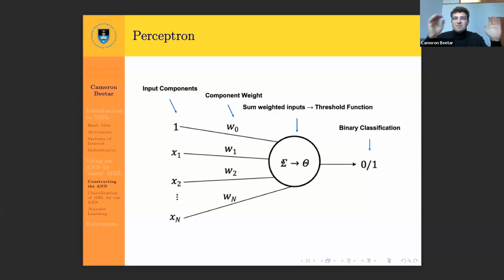And then it's going to get to a node. It's going to sum the product of the weights times the input. And here I've just used the threshold function as the activation function. The activation function is, in this case, just an on-off button for whether the value is 0 or 1. So if we just wanted to classify as localizing or thermalizing without any sort of continuity between them, we could do that using a threshold function. So this is the model of a single perceptron, right?